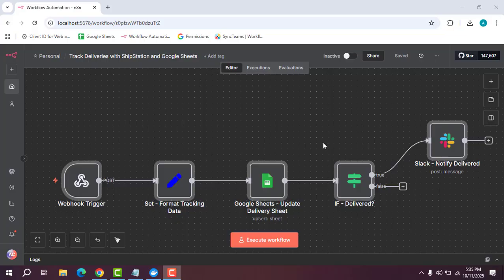Today, as you can see, we will learn about tracking deliveries with ShipStation, Google Sheets and n8n. This workflow lets you monitor order delivery statuses, update a Google Sheet with tracking info, and notify your customer or internal team when a package is delivered, all without manual checks. This is perfect for e-commerce businesses, logistics companies, or fulfillment agencies that need to keep track of multiple deliveries efficiently